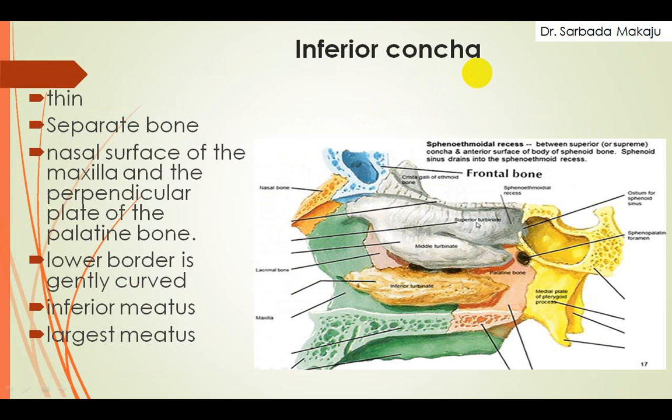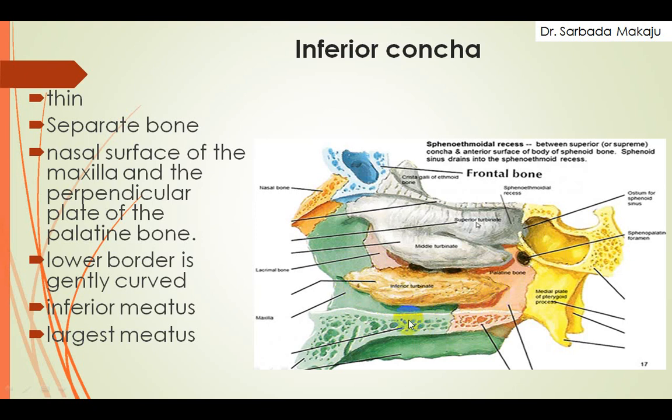Now the next part is known as the inferior concha. This portion is the inferior concha. It is thin and it is a separate bone. It is present along the nasal surface of the maxilla. This is the nasal surface of the maxilla. Along with this area is the palatine bone, which is the perpendicular plate of the palatine bone. The lower border of this area is gently curved,